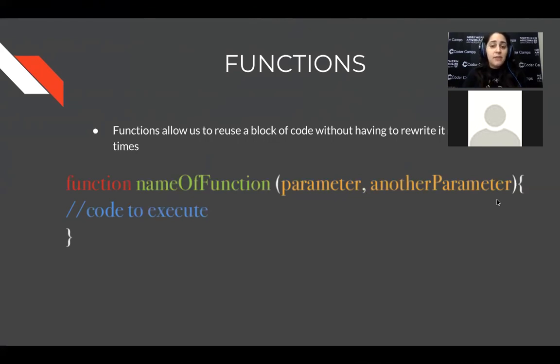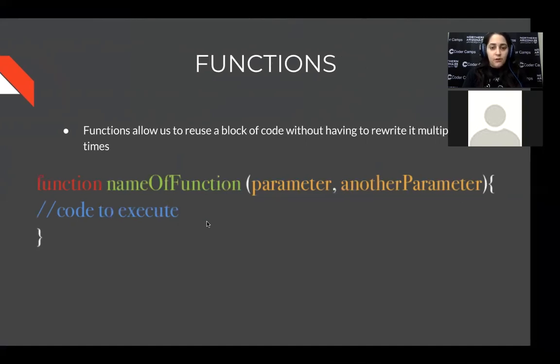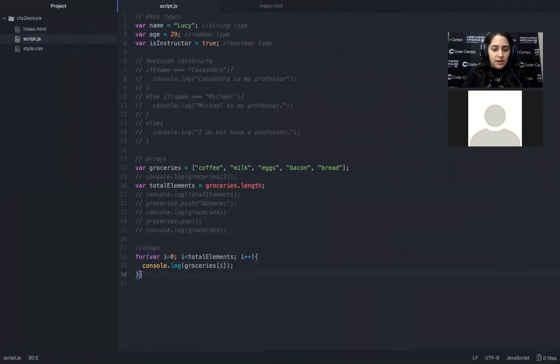So depending on the type of function that you're writing and what you need it to do, you'll either have no parameters, in which case you'll have the parentheses, but it'll be blank inside. Or maybe you have one parameter and you have the name of that parameter. If you have multiple parameters, you just separate them by commas. Then after the parentheses, you'll have your curly brackets and have the code that you want to execute. So if we look at an example here,